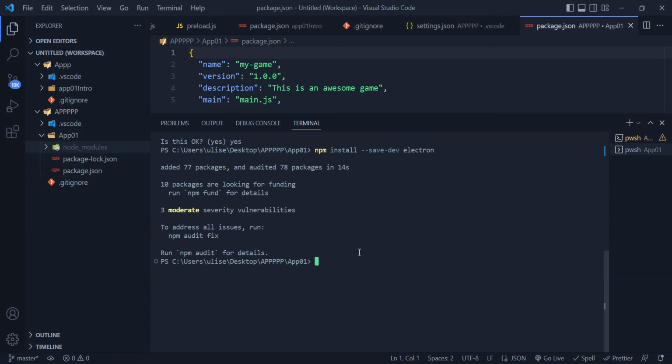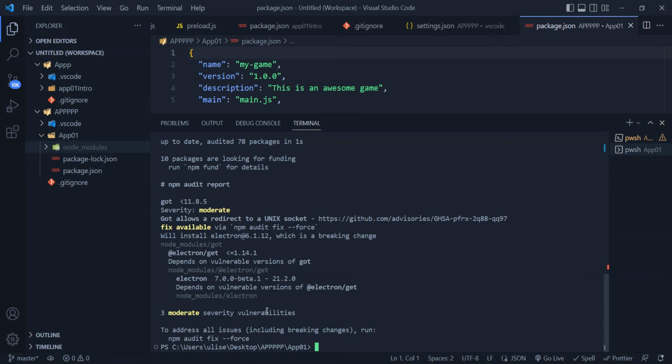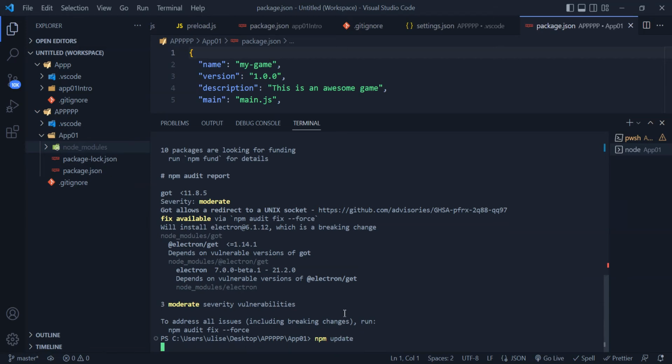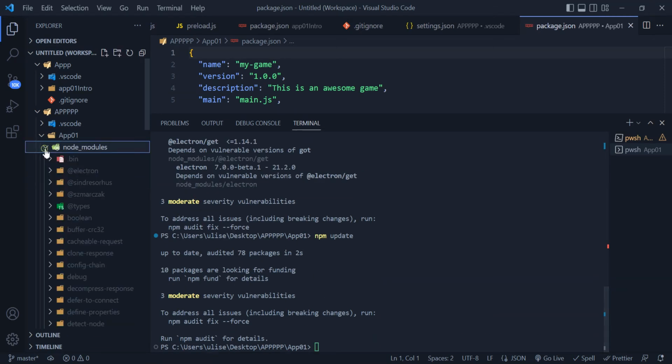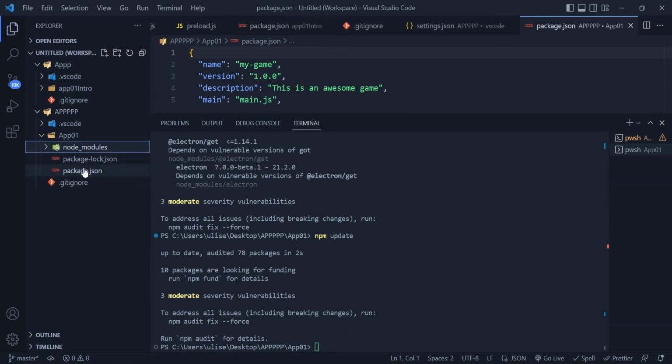Once finished, normally you want to do npm audit fix. Okay, everything is good. If you have some red values here, you maybe want to do npm update. So this is going to update all your node modules. Okay, so as you can see here,